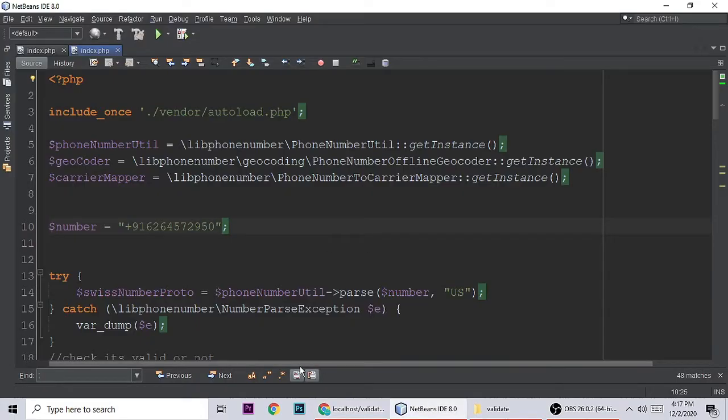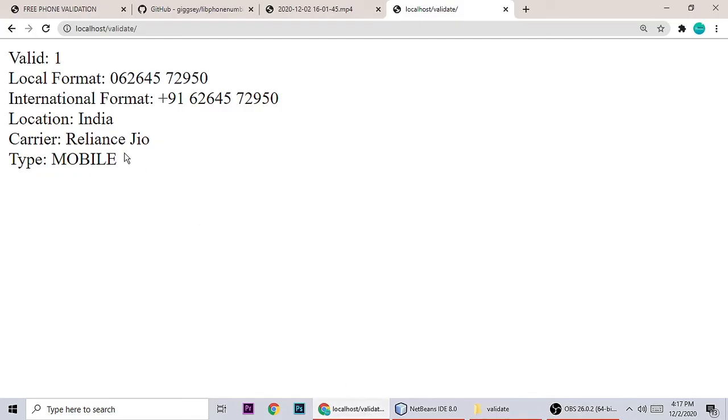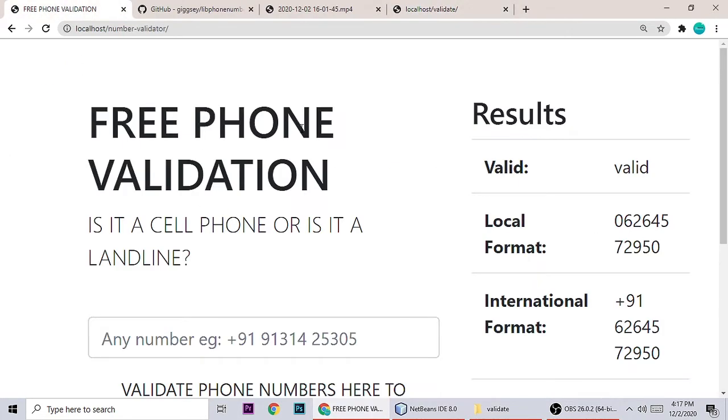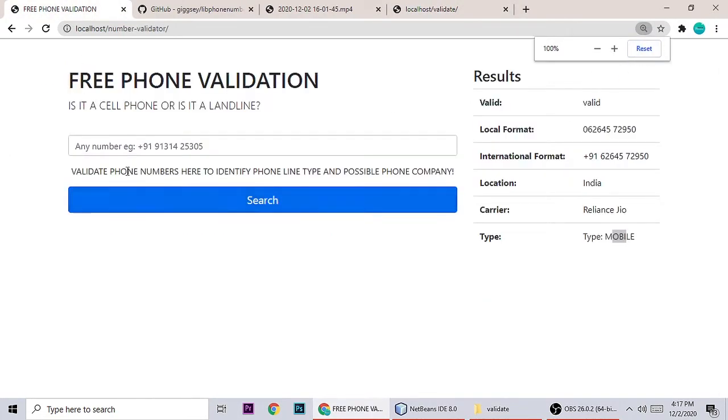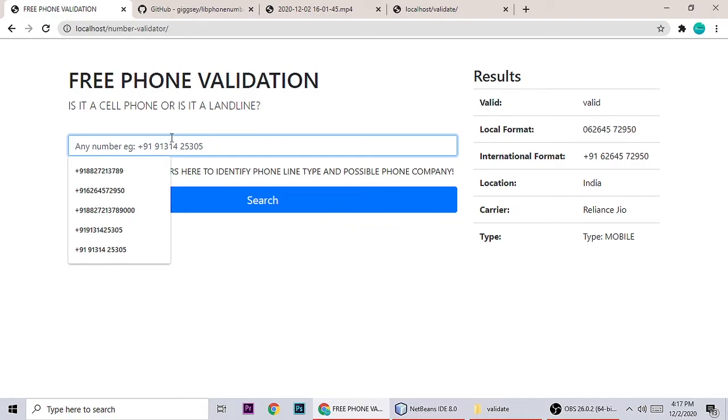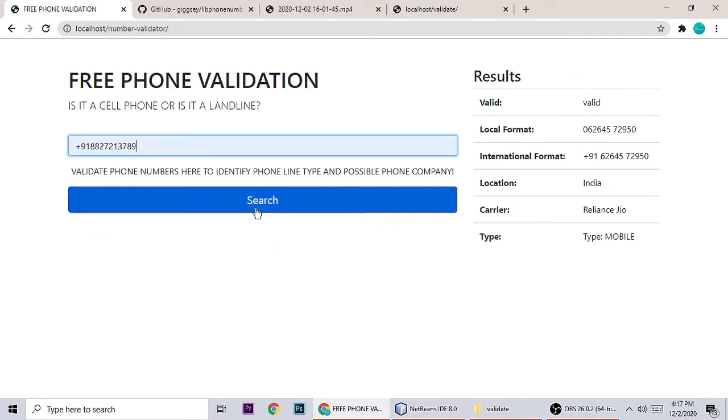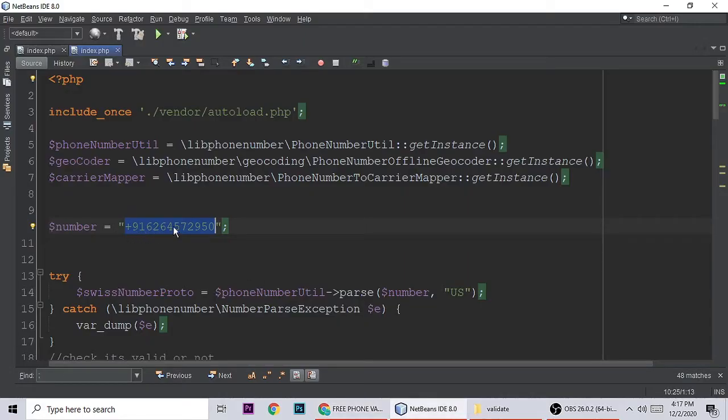So one thing you have to do is write a form and then get the $_POST. I'm not teaching all the things here. This is your homework. Make a form and get the value, and whatever number you type, it will show the details, because here we have to type manually.